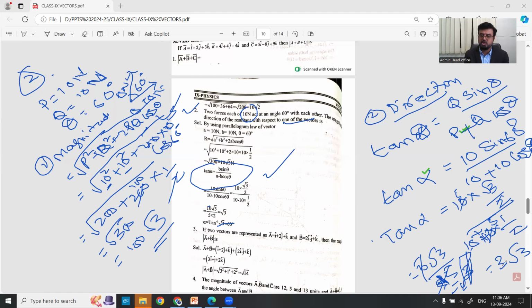No, not 3 root 3 by 3. Just a minute. There is a mistake in the material only, because we know the formula is different here. Okay, so tan alpha equals